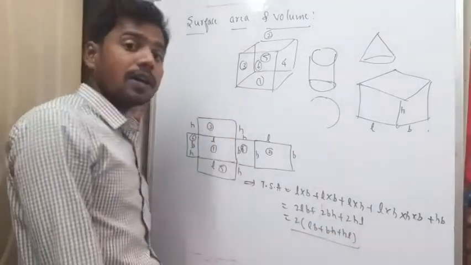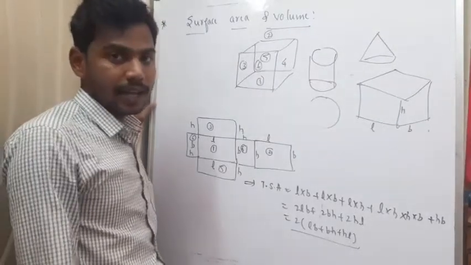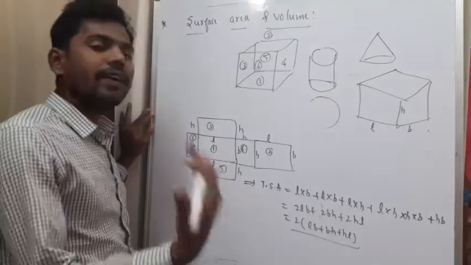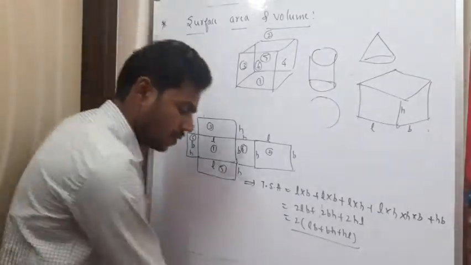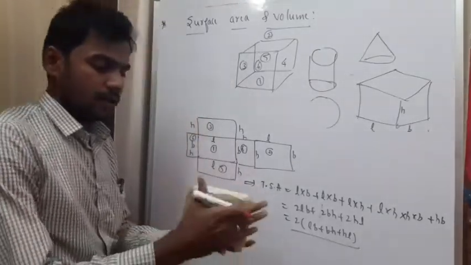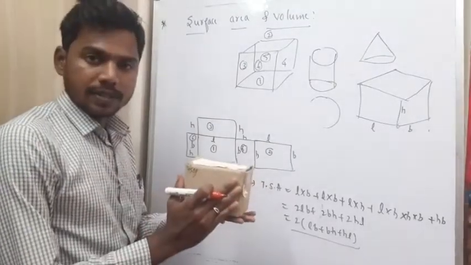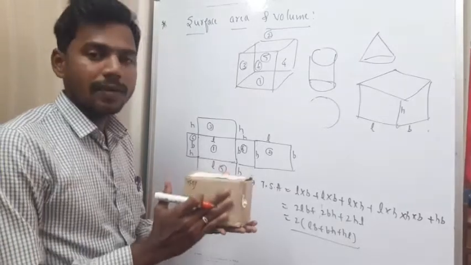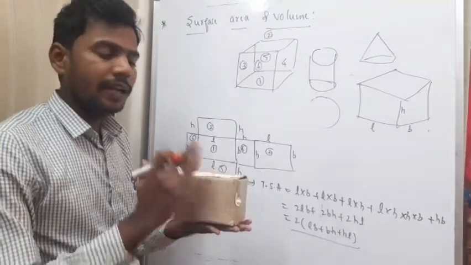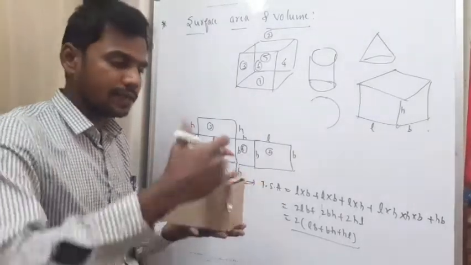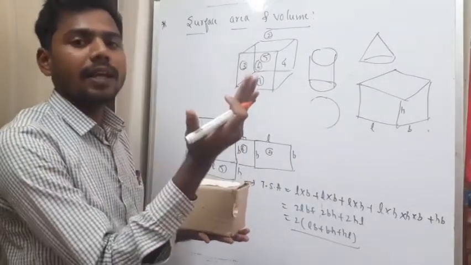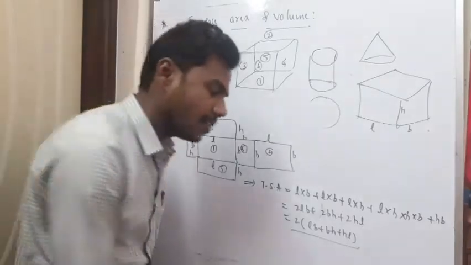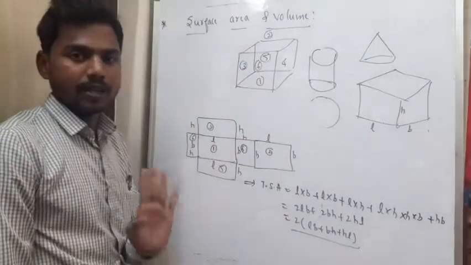Then what about the curved surface? Lateral surface area. In case of a cuboid, it will be lateral surface area. So why do we call it that way? Because these are normal faces, so they are oriented laterally. So we call them the lateral surface area. In case of curved surface area, in the case of a cylinder and others, their area will be in a curved shape. So that is the reason we call it a curved surface area. But both are one and the same.